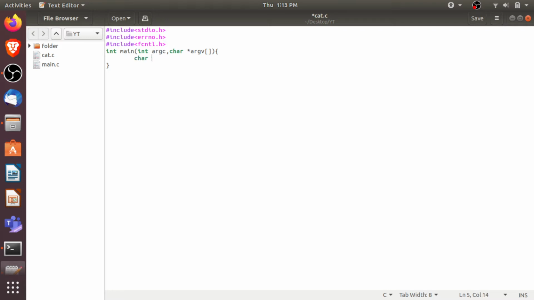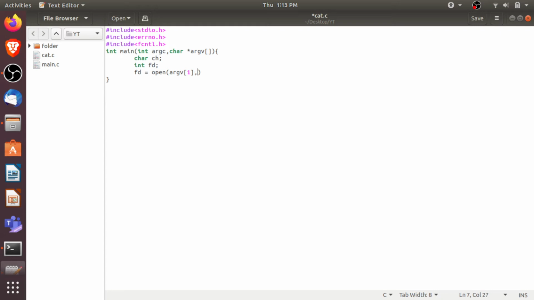First of all, declare a char and then an int fd. This fd is the file descriptor. This file descriptor is used when we open the file. To open the file we will write open and argv[1]. I have already posted a video on the arguments to the main function. I'll put the link in the description so that you can watch the video from there. In short, this argv[1] takes one argument to the main function, which applies the code we are writing now on that file.